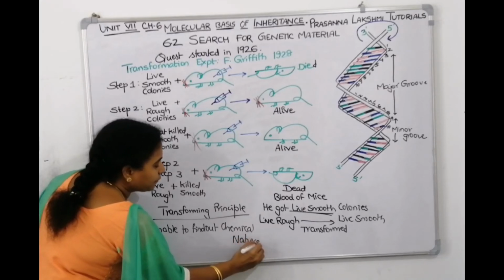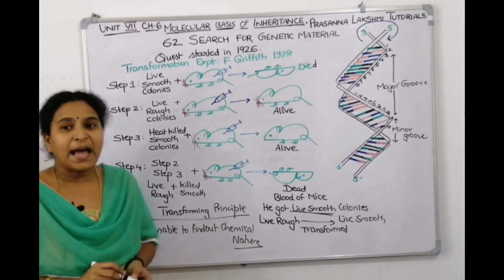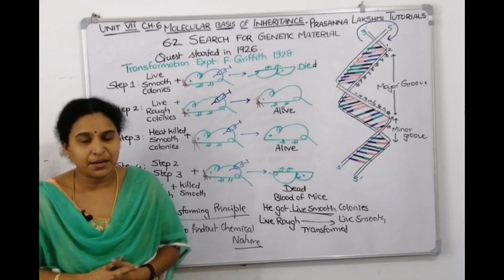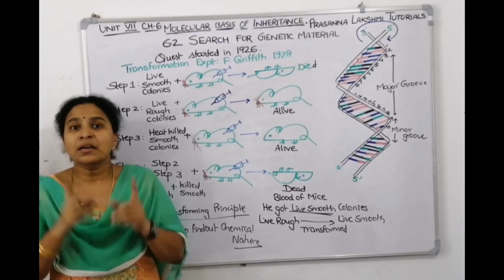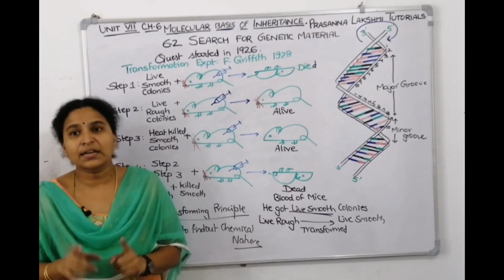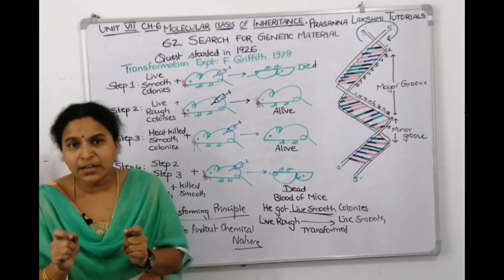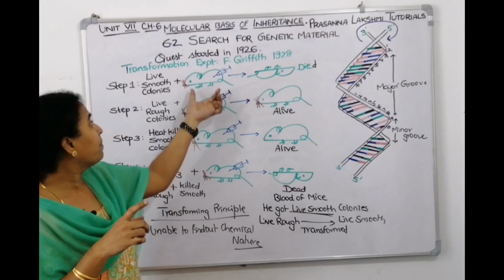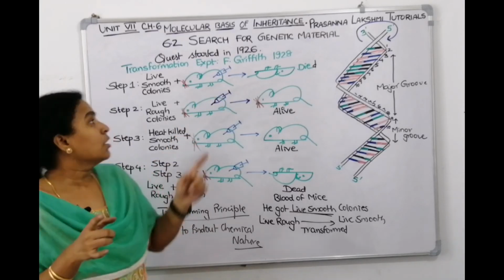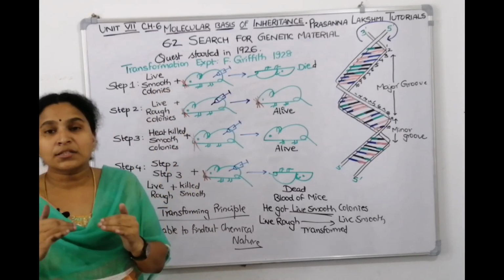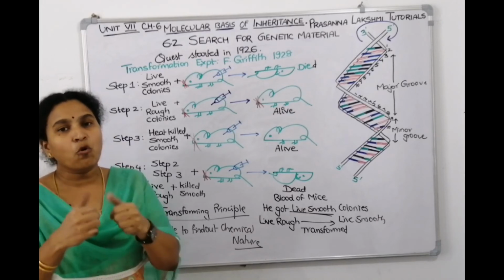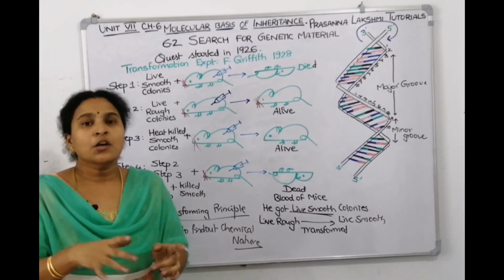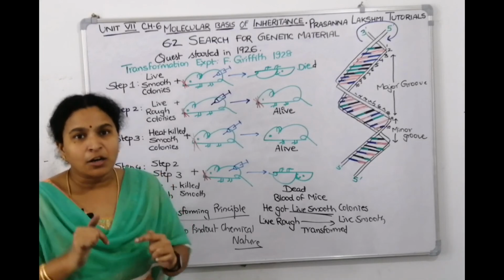But he is the first person to initiate and conduct this experiment, right? So what is the name of the experiment? Transformation experiment. Who conducted it? Griffith conducted it. In which year? 1928. On what? On mice. What bacteria did he take? Streptococcus pneumoniae, which causes pneumonia and kills the mice. Two variants are there, smooth and rough. Smooth will cause the disease, rough will not cause the disease.